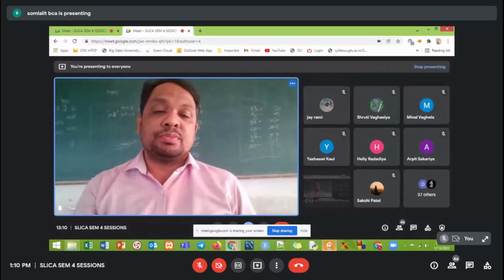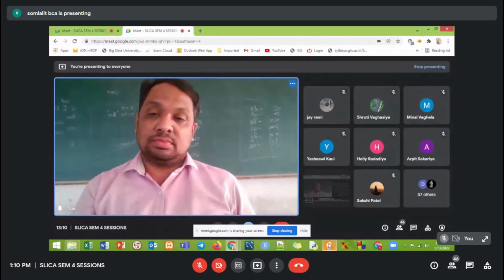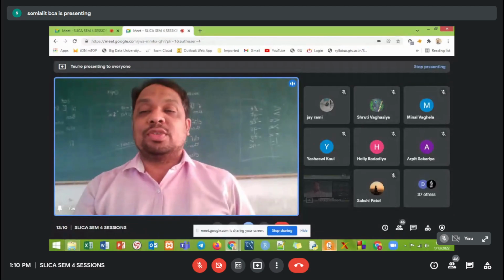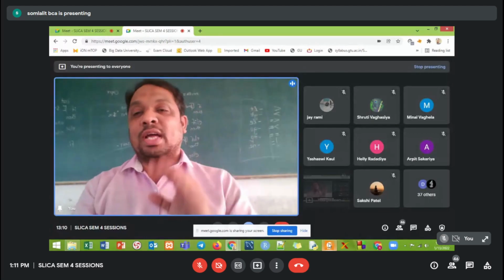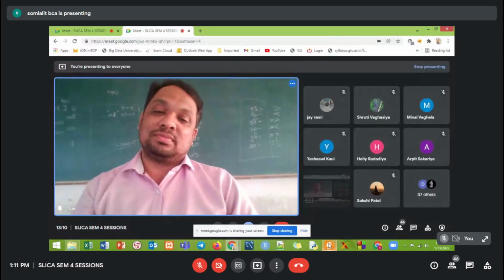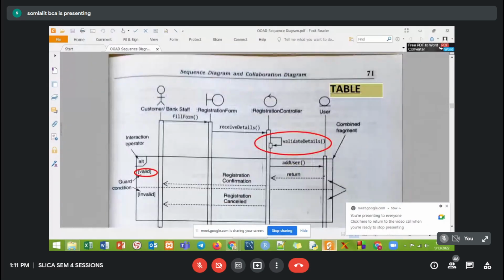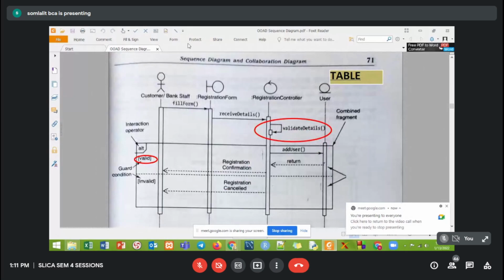What does the actor deal with? What is the next control? If I check this diagram here, customer is an actor, right? The actor deals with what? What does this mean?